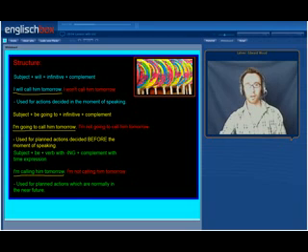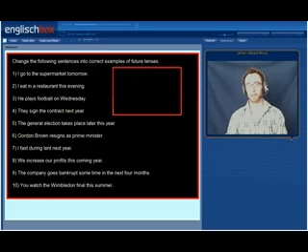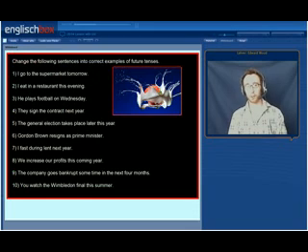Okay, moving on to the next slide. I have a quick exercise for you. Here you have 10 sentences. They're all incorrect because they are in the present simple with a future time expression. What I want you to do is to change these sentences from the present simple into the future with going